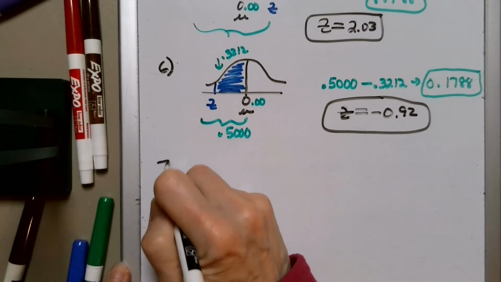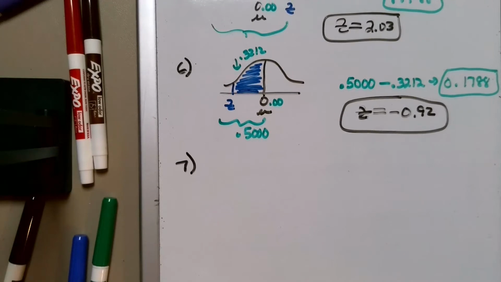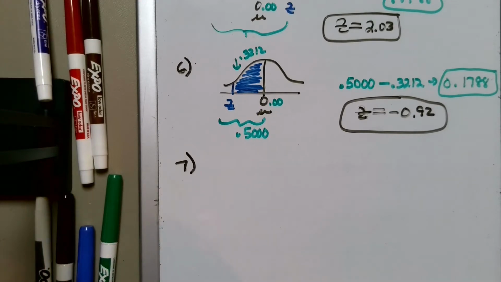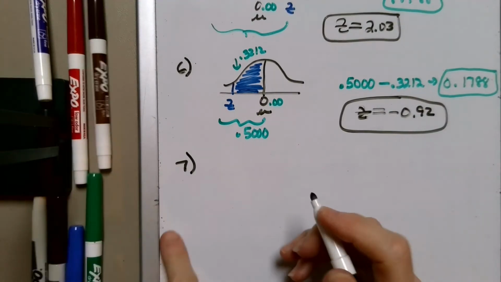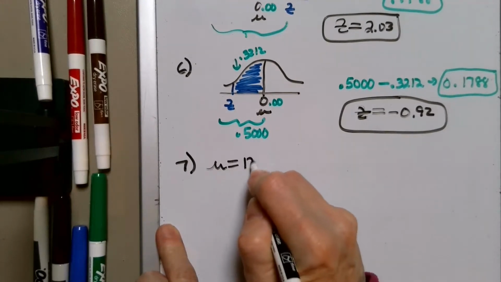I'm going to start with number 7 on the Test 3 review for Math 107. So now we're going to go to some of the problems from section 5.2, the applied problems to the normal distribution. It says full-time PhD students receive an average of $12,837 per year. So that's our mean, mu,